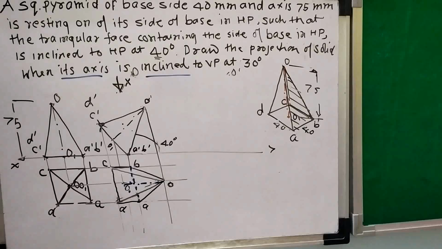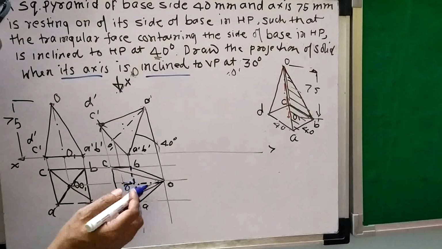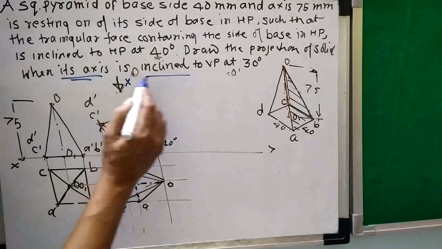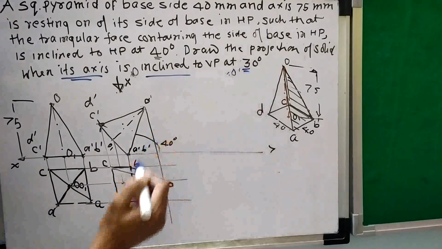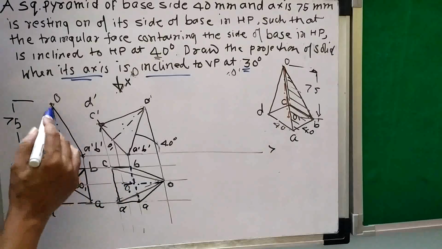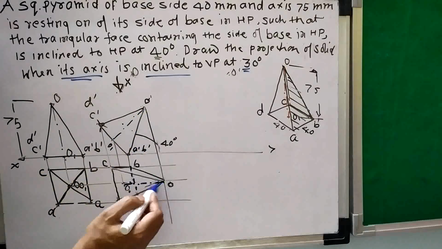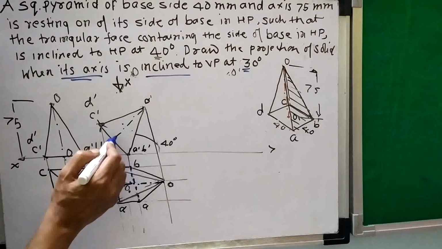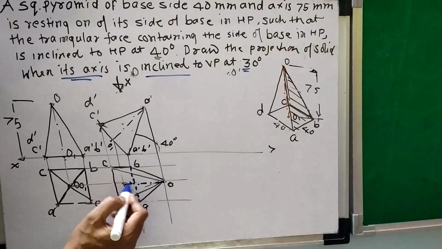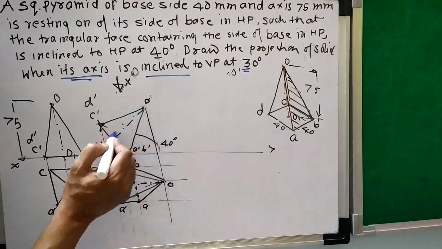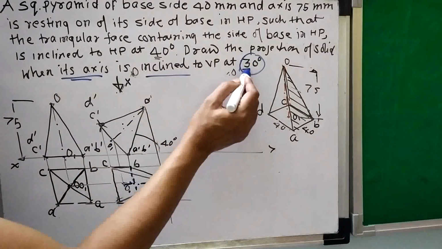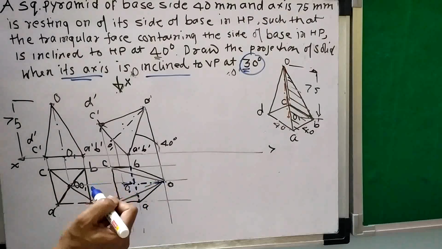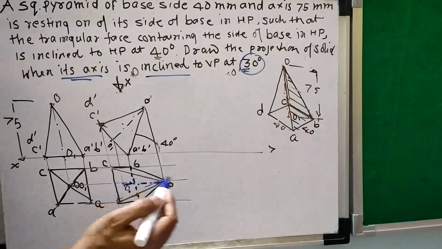So what I will do, I will take an auxiliary plane inclined to this axis. Now this axis is inclined at 30 degree. The question is, this axis and this axis are not the same. This is the apparent axis and this is the original axis. OO1 is the original axis and this is the apparent axis. So the original axis inclination of 30 degree can't be used for this OO1. So we will find out its beta angle. You know the method of beta angle.